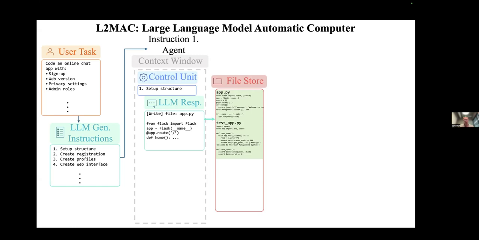And we also run all unit tests. This is really useful, as we'll show, because it checks that some of the functionality that was designed is implemented correctly. Specifically, when we modify files, we can run unit tests to check that the previous functionality, which should be working and implemented as before, doesn't break. And if it does, we can fix it. So in this case, the code is valid. The control unit gives a message back to the LLM and asks it, have you actually completed